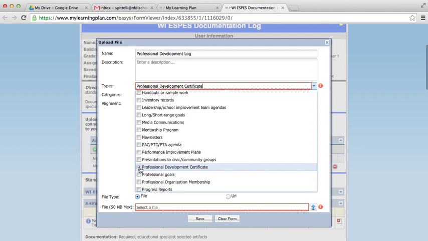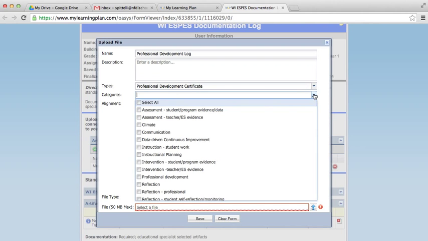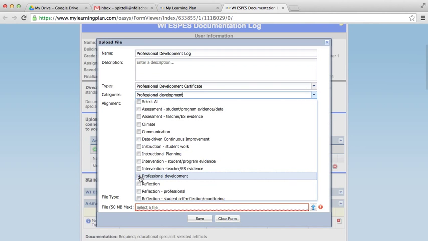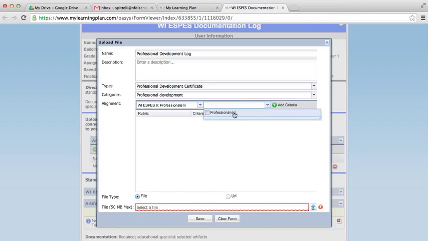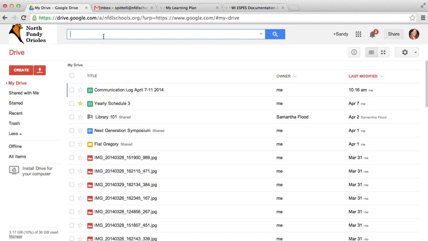Not always a perfect match, but just get it as close as you can. And this is definitely going to go into professionalism because I believe it's a required one there. And then instead of uploading a file, you're going to click on URL, and then you just have to put the file URL in. Now, if you are using Google Docs, I'm going to go into my Google Docs here,